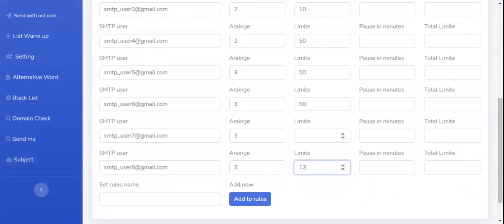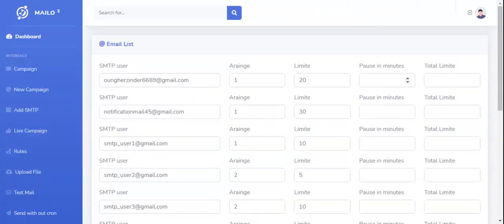You can also set one, two, anything. And after that, you can set the pause time, for example 20. That means the AI takes the first priority mail IDs, and as per your settings, chooses how many SMTPs to use at a time.